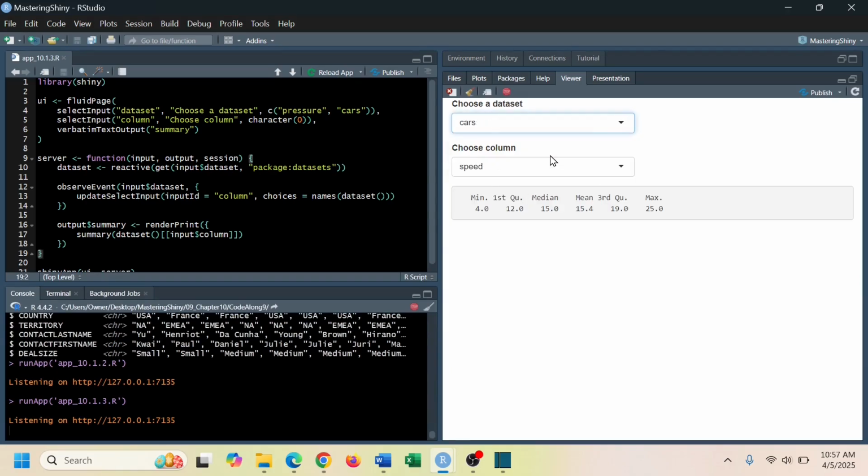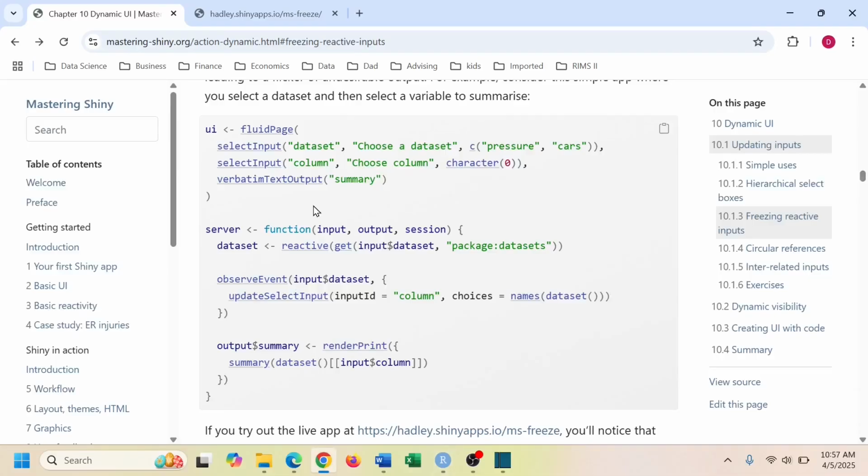So when we switch data set, there's a brief moment where this initial column, what was it? It was temperature, right? When we switch to cars, that temperature is invalid, because it's not part of cars. So it creates a brief flicker, right? So the solution here is this